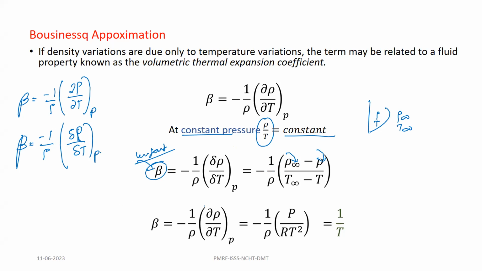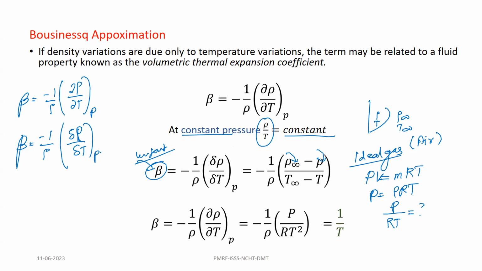Suppose we treat air to be an ideal gas. We know the ideal gas equation: PV is equal to mRT, or P is equal to rho RT. So we can also write P by RT equal to rho. So we have rho equal to P by RT. Just differentiate that with respect to temperature. We will get